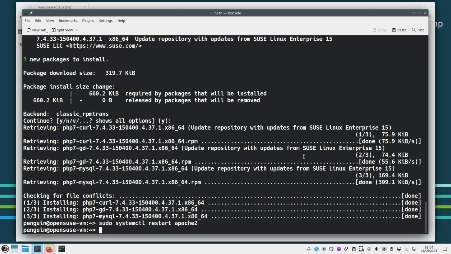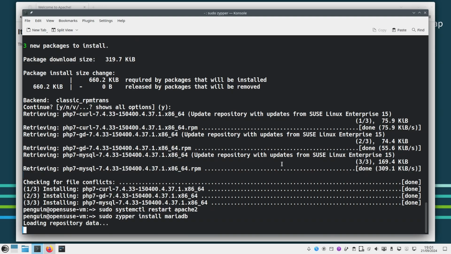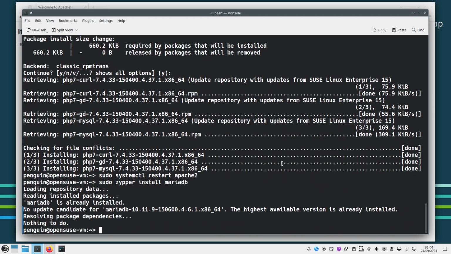First, let's install MariaDB, the MySQL compatible database server, with the following command: sudo zypper install mariadb, and press enter. So it's already installed. So let's start and secure MariaDB by using this command: sudo systemctl start